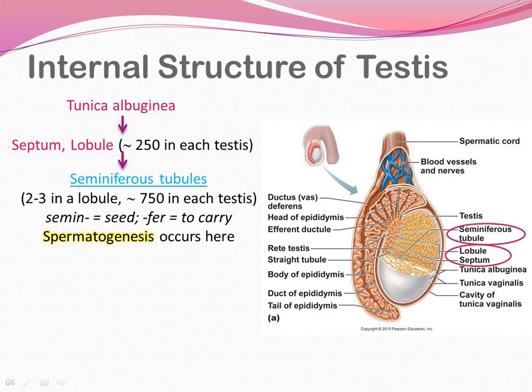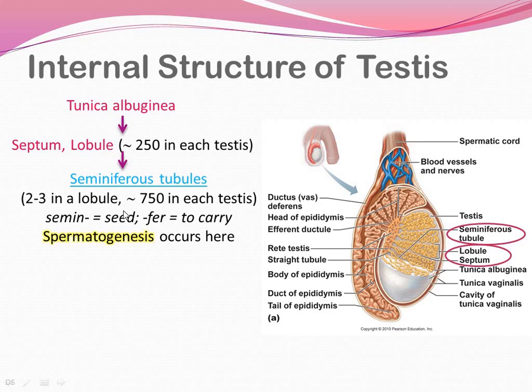So spermatogenesis, if someone asks where does spermatogenesis happen, the answer will be seminiferous tubule, right? This is the reason why I have taken the internal structure of testis before discussing the effects of the hormone, because without the details of seminiferous tubules, you will not get an idea, right? What are Sertoli cells? What are Leydig cells? What are spermatogonium? You will only get that idea if you get the internal structure, the histology of seminiferous tubules, right? But before seminiferous tubule, we will complete the internal structure of testis, and then we will focus on this